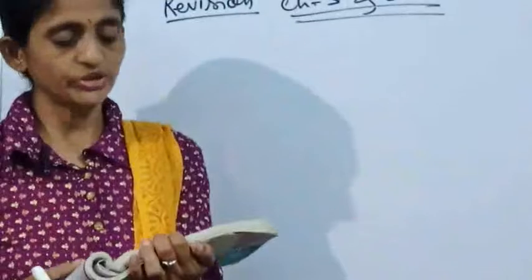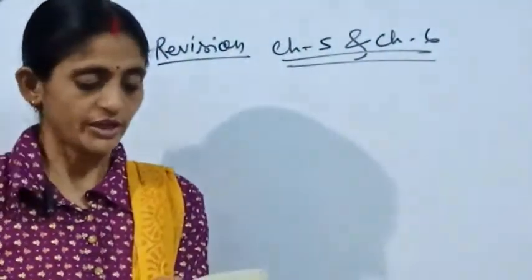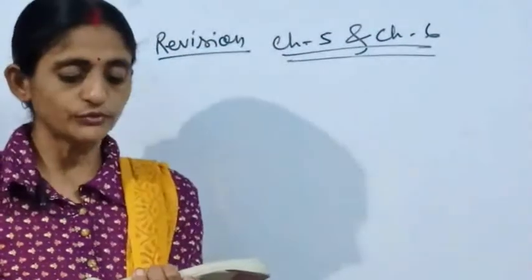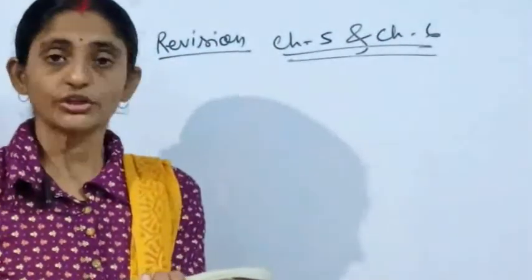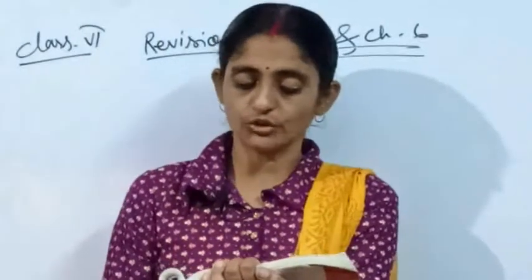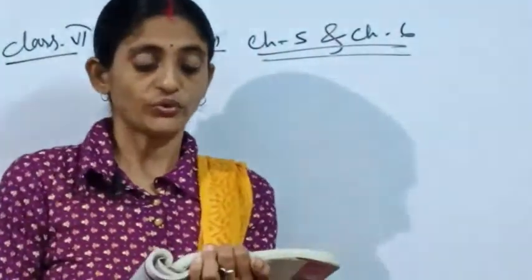Come to the second part. Here I have selected the question that has been given, question number 4. Let's come to the first bit. Name the types of the following triangles. In the first bit it has been given triangle ABC with AB equal to 8 cm, AC equal to 7 cm and BC equal to 5.5 cm.